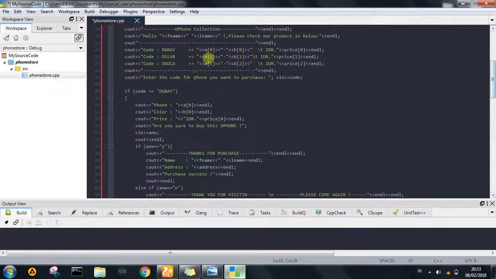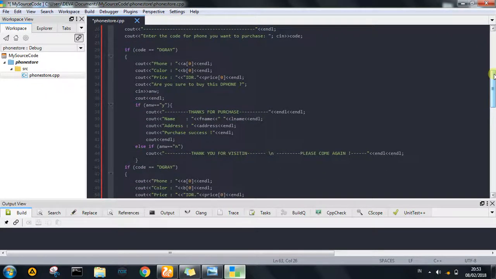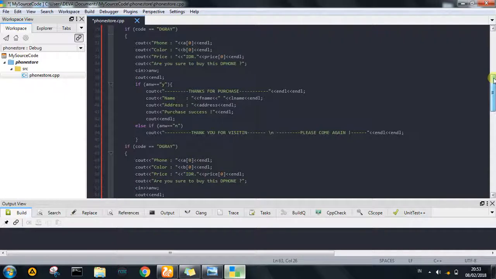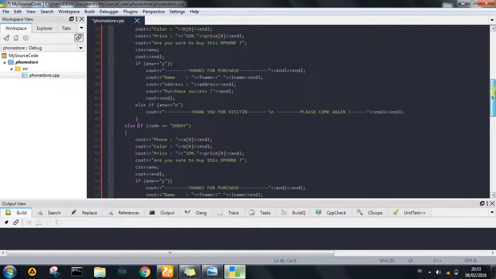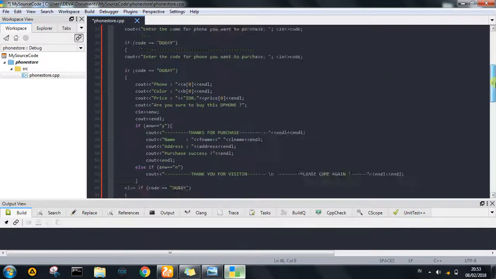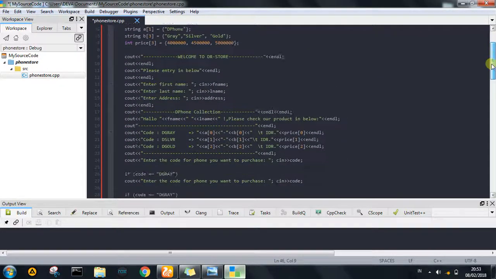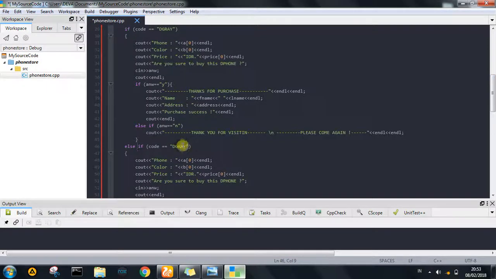Don't forget to add this code like this sentence, like the content, like the sentence to the next condition. First you add the else if here to make difference with the first condition, and then change name with the silver